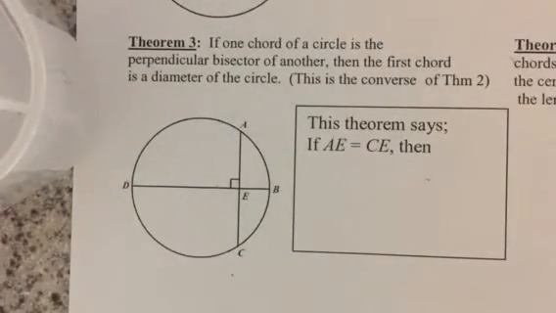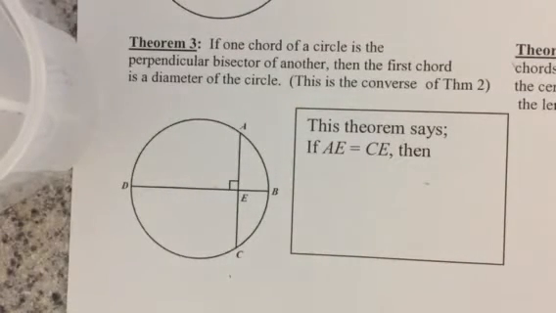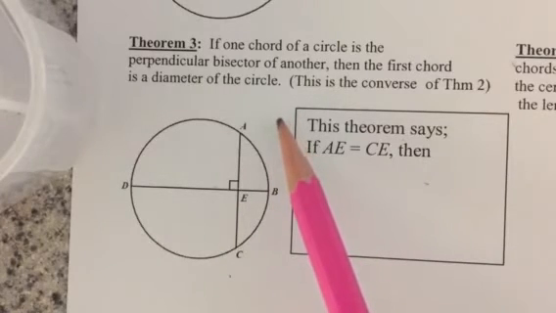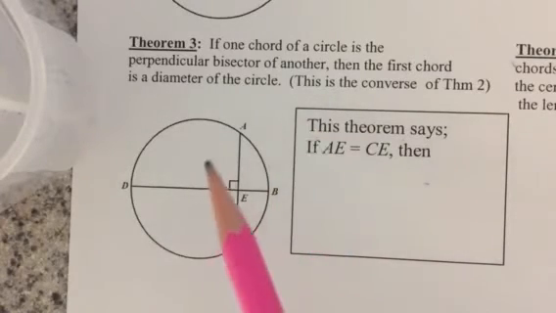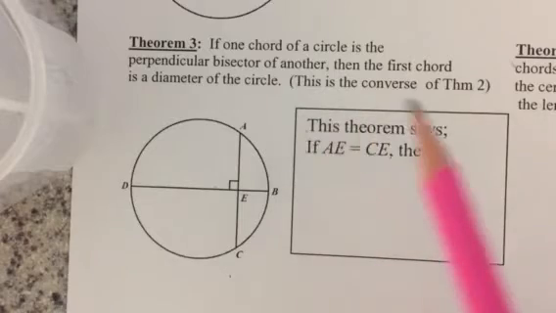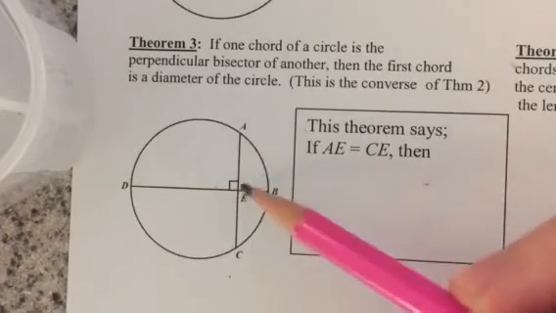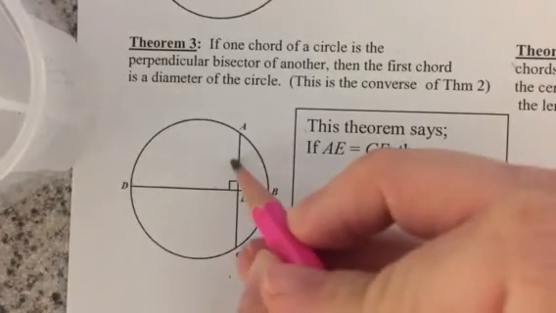Okay, so theorem 3 says, if one chord of a circle is the perpendicular bisector of another, then the first chord is the diameter of the circle. This basically says the same thing that theorem 2 says, just in reverse. Like it says here, it's the converse of theorem 2. So let's read this out over here. It says, if AE is equal to CE, let's mark those congruent,